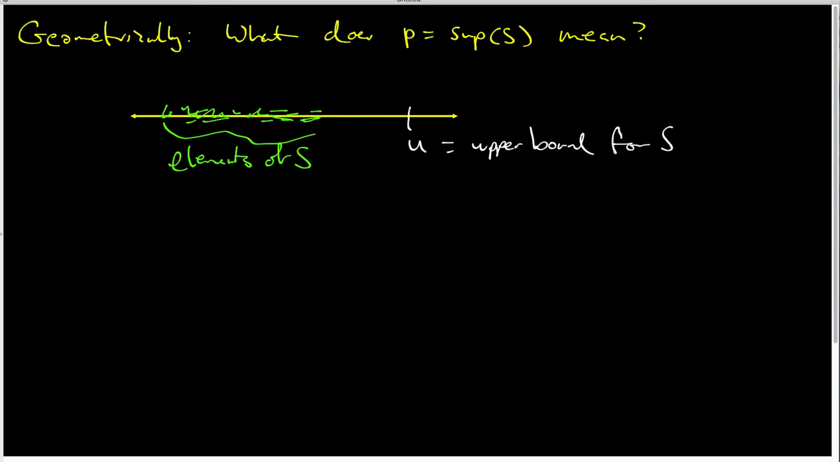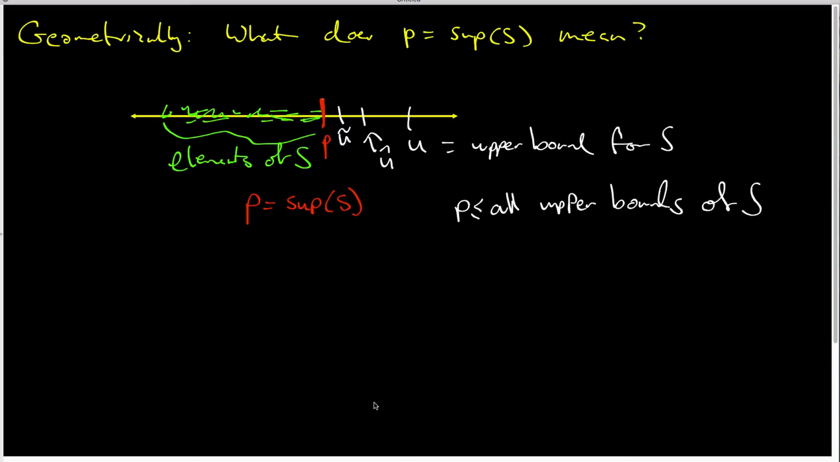For my set S. And now I'm going to put in, in this color, something that I'm going to label P. And P is basically going to live here. So P is going to be the sup of S. Now what that means is if I pick any upper bound, so here's an upper bound called U hat, here's another upper bound, U tilde, P is always going to be less than or equal to all upper bounds of S. But we also know that P is an upper bound